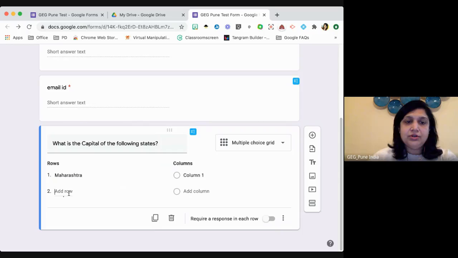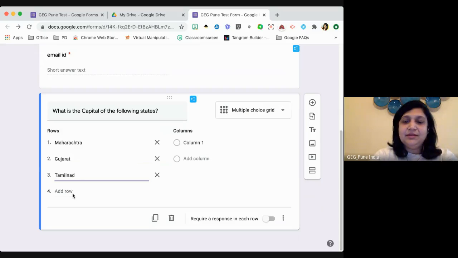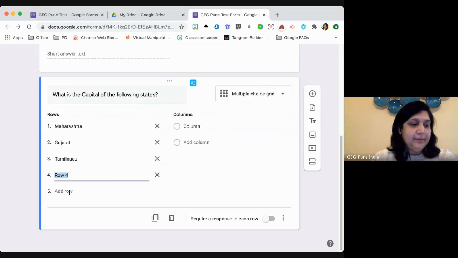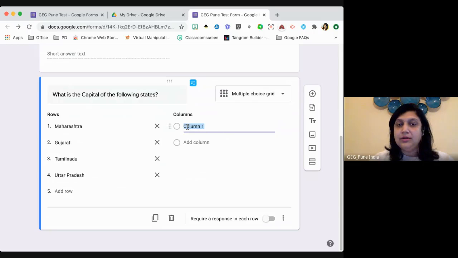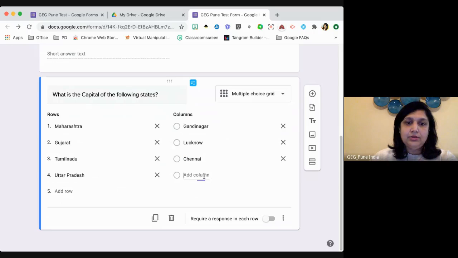So I say Maharashtra. We have a lot of Gujarat people here. We also have teachers from Tamil Nadu. So let us just take that, and maybe I'm from Uttar Pradesh. So I will just add Uttar Pradesh here. Okay. Now I want students to be able to pick what the capital hai. So I'm just going to give them random options, like let's say Gandhinagar. So always write the options which are correct, but you can skip wherever you want to write down. Lucknow, then we say Chennai, and which one did we miss?